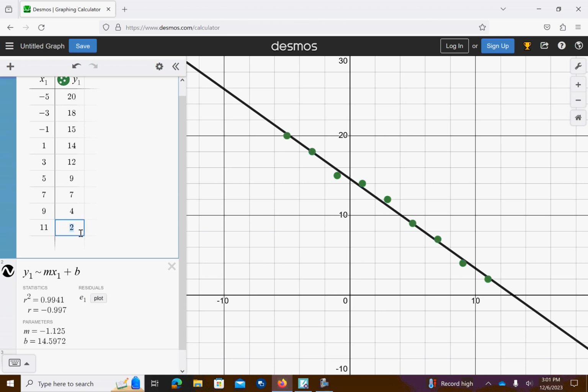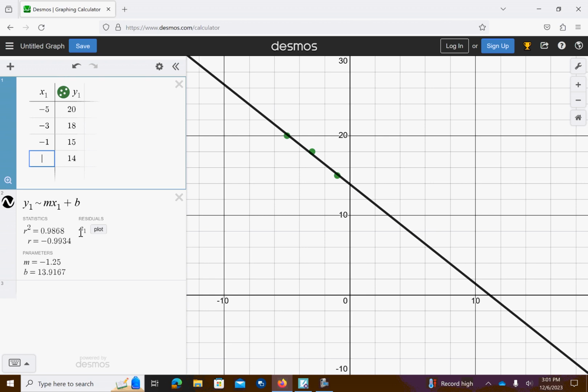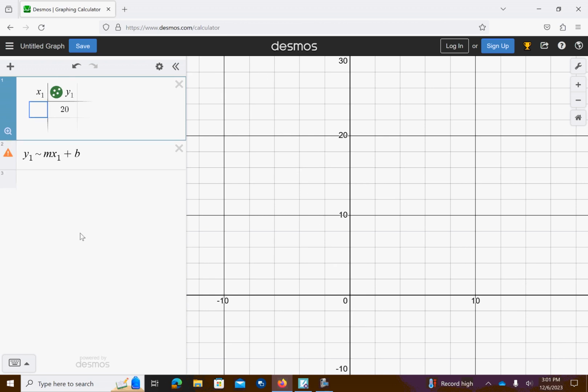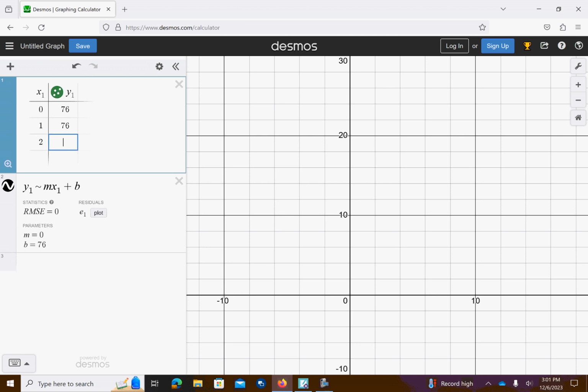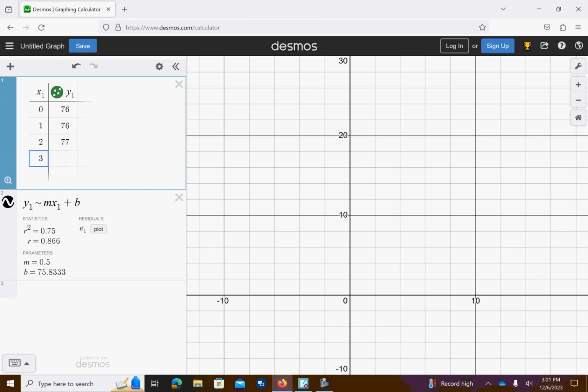Okay, problem number 3 on page 199. So I'm going to plug in, it says the table shows the number of people x in a room and the temperature in the room in degrees Fahrenheit. So if there's no people in the room, it's 76 degrees. If there's one person in the room, it's also 76 degrees. If there are 2 people in the room, it's going to start warming up. So it's 77. There's 3 people in the room,